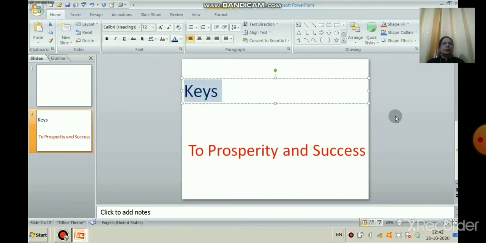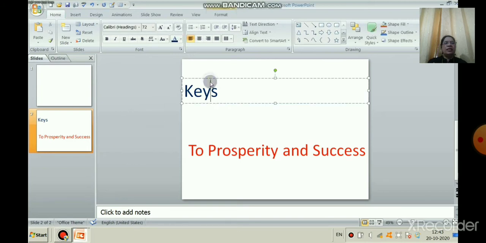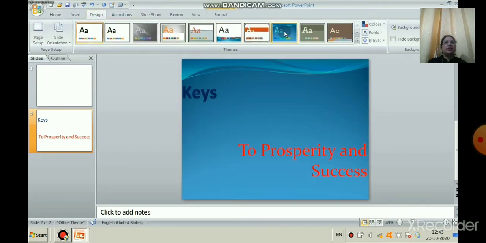Now we will insert one more slide. That is the same slide, but we are going to write some points. We will go to the Design and Theme first. We can apply a design and theme.